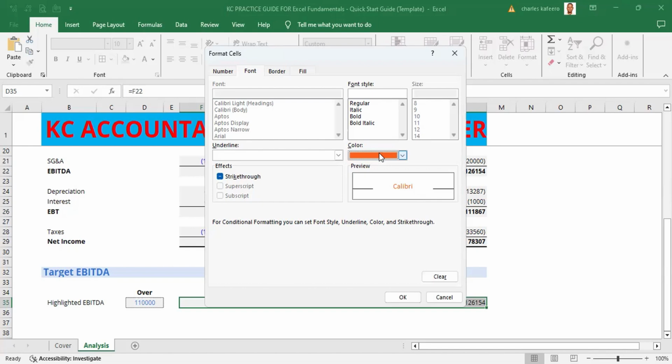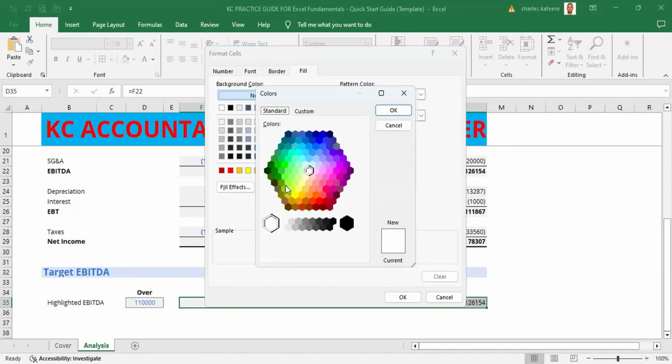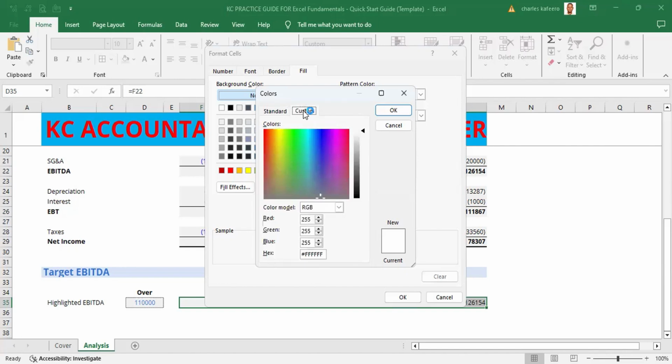Now let's go over here and click on fill color. Again we are going to go down here where it says more colors, and we want to define our custom fill color. So we go to customize, custom fill color, and again we match our company colors, or the colors that we prefer. So let's start from right here. Right there, let's put in